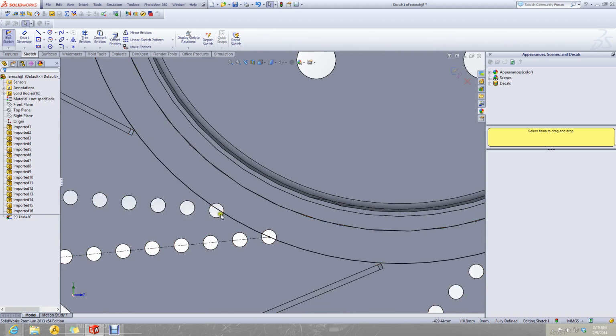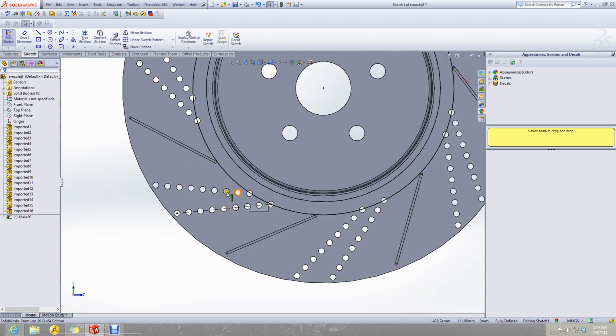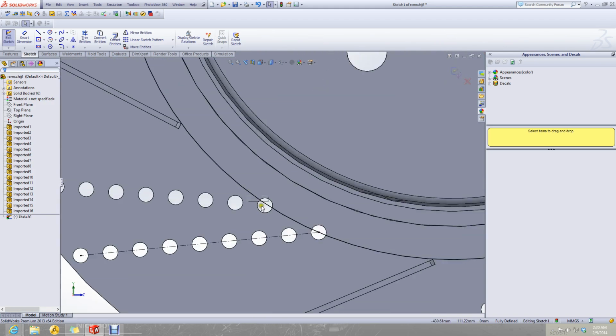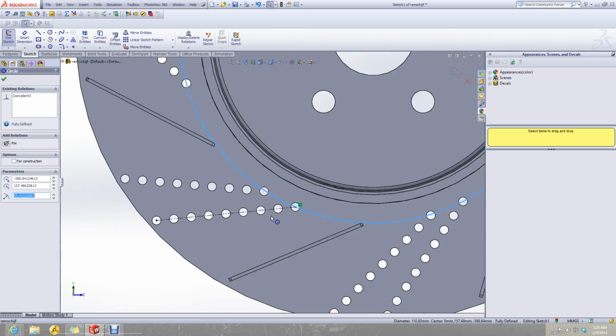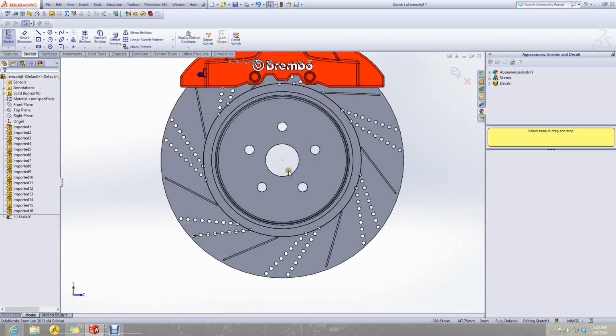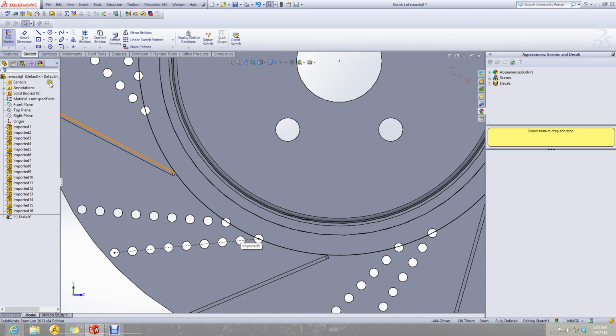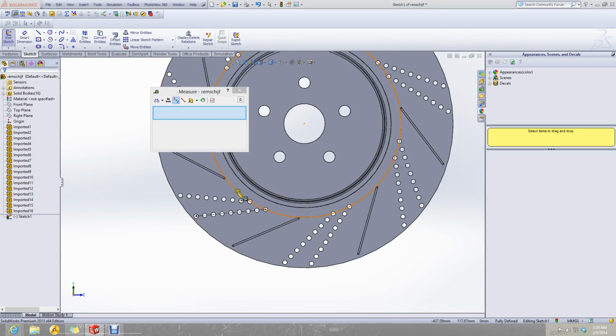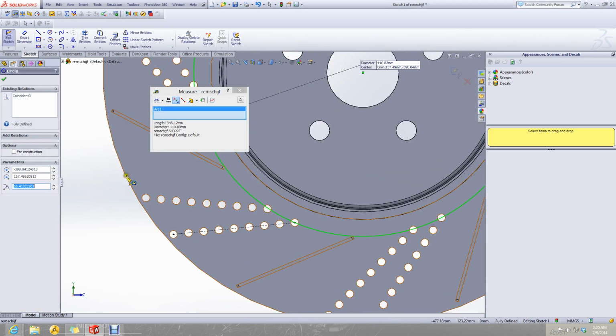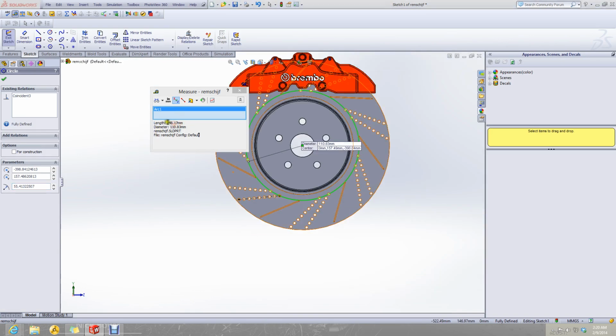The starting circle of both these series of circles lie on the same circle from the center of disk. Let's measure the diameter of this circle, 348.17. Let's note it down here.